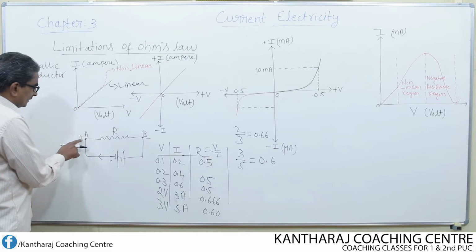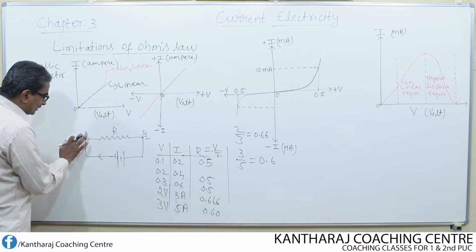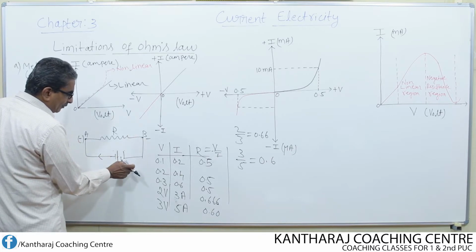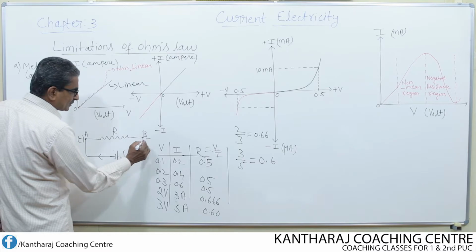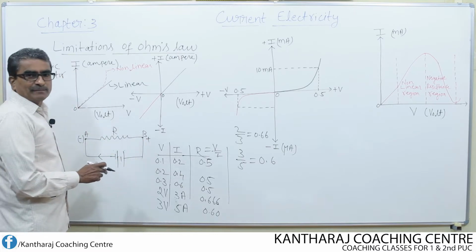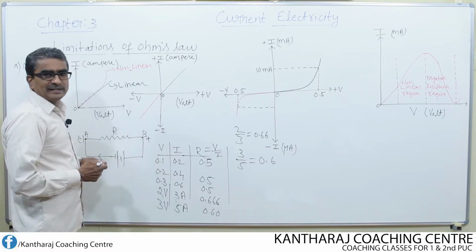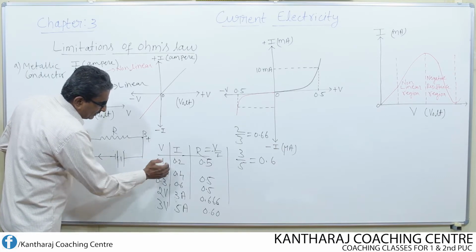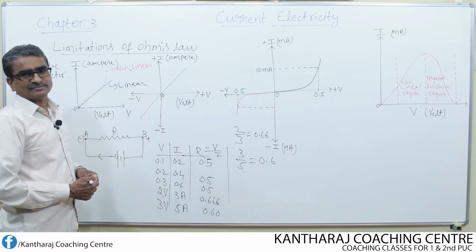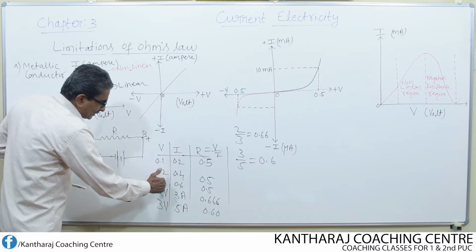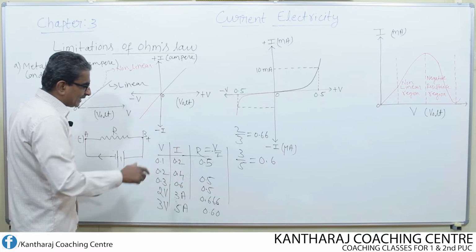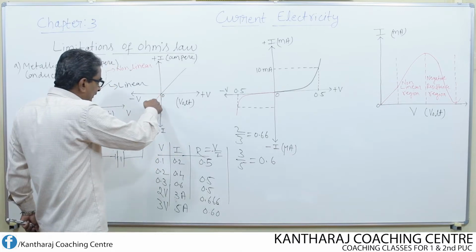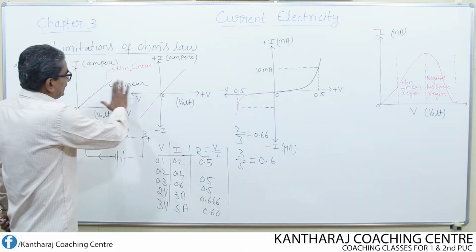Now, point A is said to be at negative potential. That means I am reversing the polarity, whereas point B is said to be at positive potential because it is connected to positive. So by reversing the polarity, that means by reversing V, if we apply the same voltage, then we get the same current once again. So for small potential difference and for small current, once again the variation of V with I is found to be linear. That is what we have written here. So be clear about this.